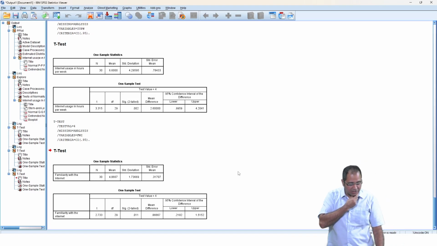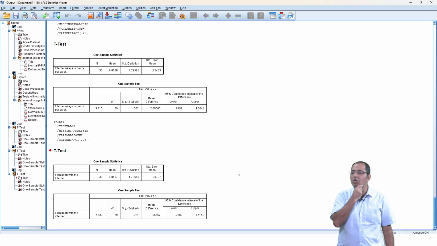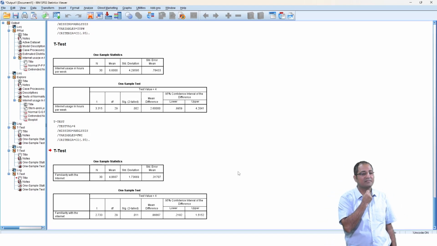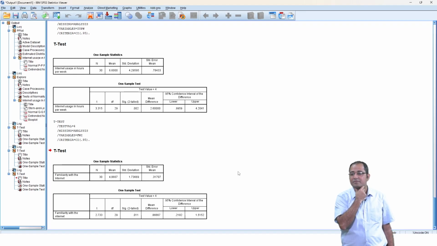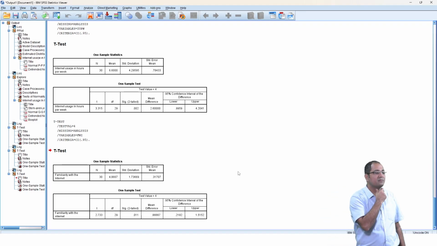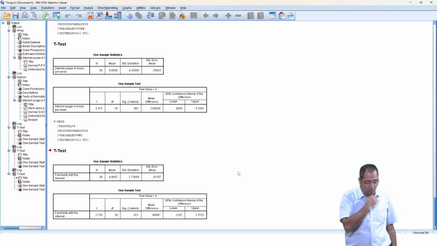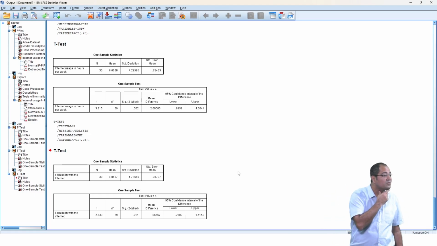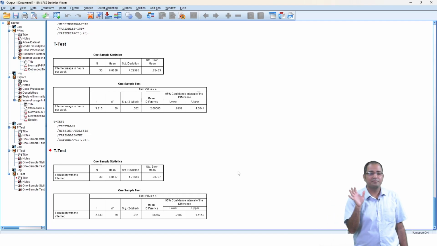If you divide 0.011 by 2, what will it be? 0.005,